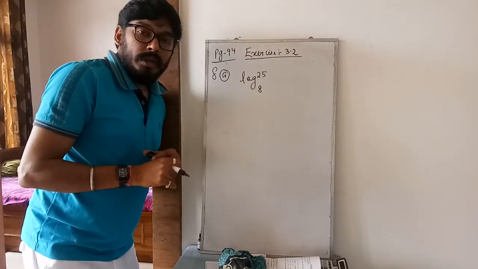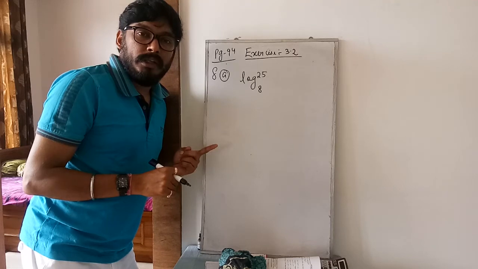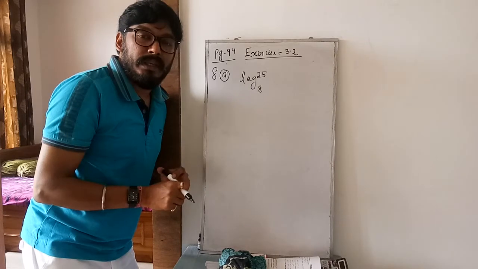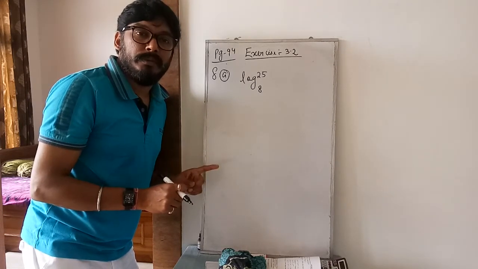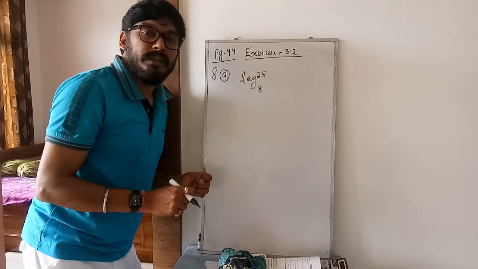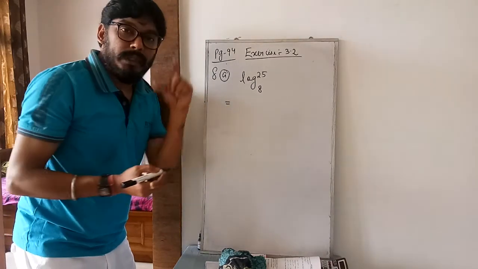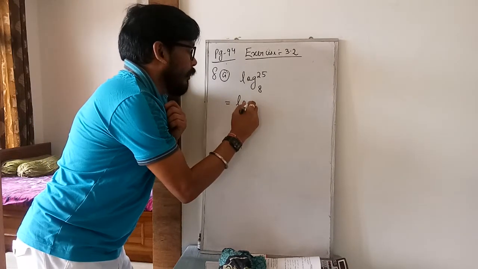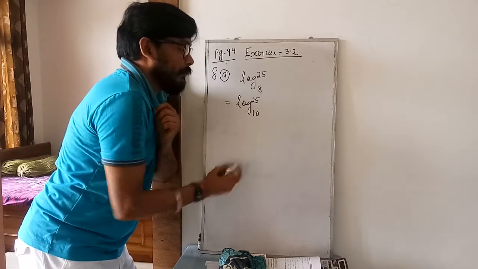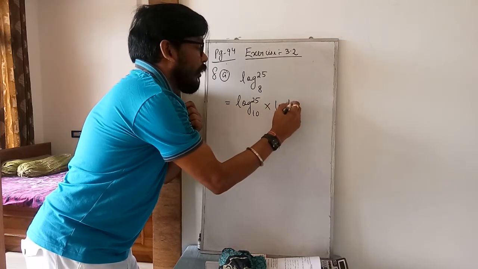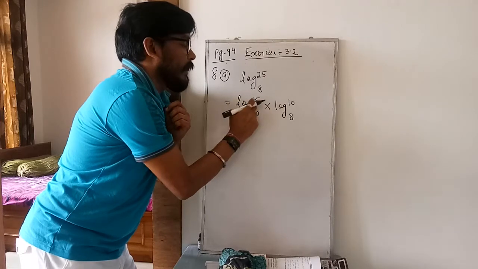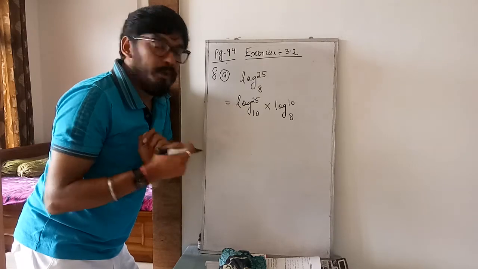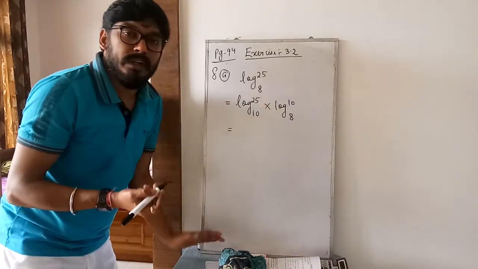Okay. So if we use the log table, the values which are given in the log table are with respect to base 10, but here it is base 8. So my first work will be to change the base and make it 10, because if I use the log table, I will get the values with respect to base 10. So it is log 25 base 10 into, I can write here, log 10 base 8. 10 will cancel, ultimately log 25 base 8. This is the property which we got in exercise 3.1.